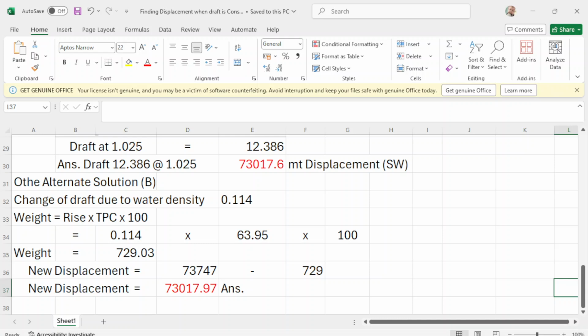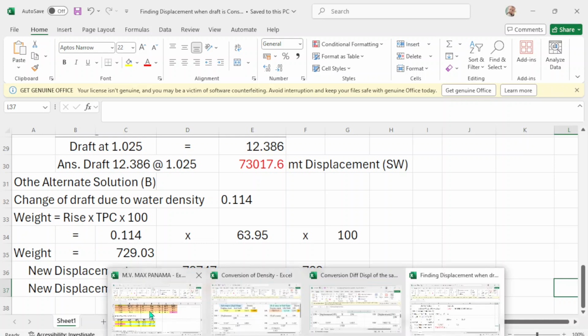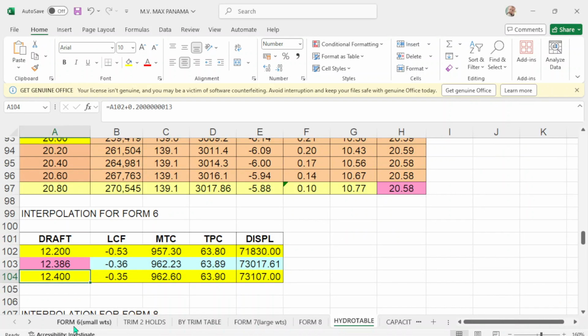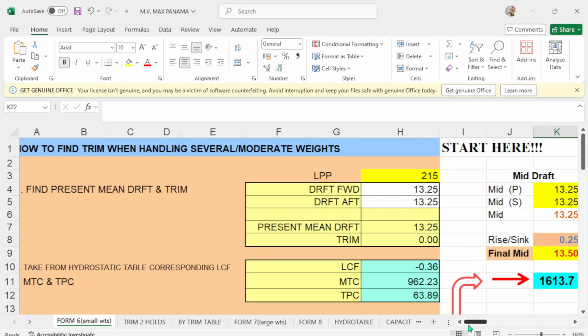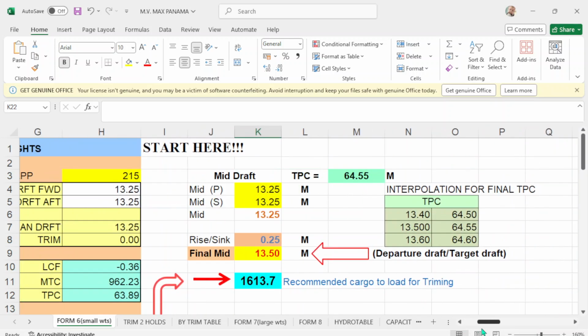Okay, let's do the program. What we have to do is go to form 6. The final draft, for example, was 12.5. Okay, take note of the TPC, 63.95.